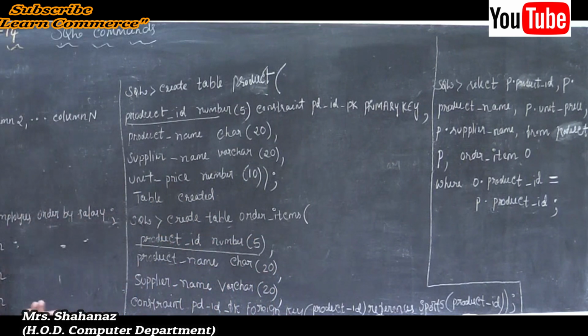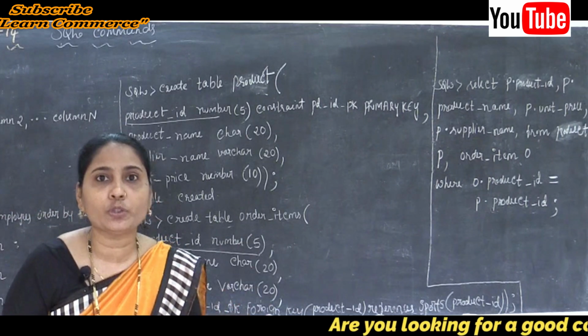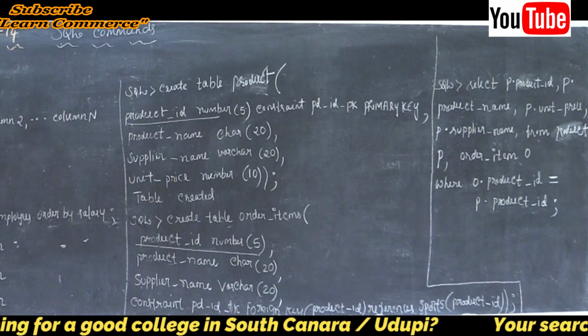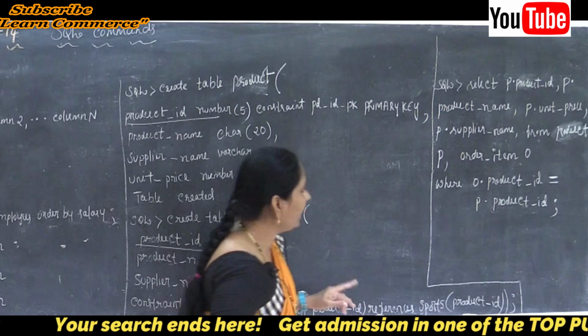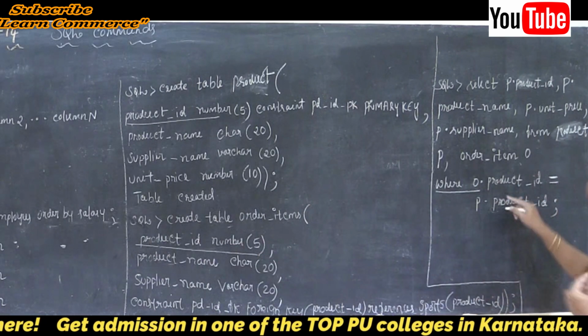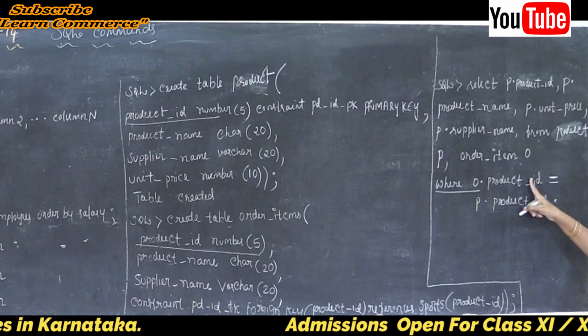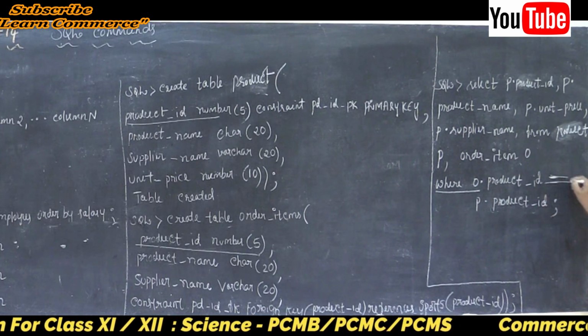So what is the meaning of the join? That means the join clause is used to combine columns from two tables. Okay, to combine records from two tables or more than two tables from a database. So this is the meaning of our join clause. And here it is noticeable that the join is performed using the where clause. How did I combine these two tables? I performed such a combination by using our where condition. Correct? Yeah.